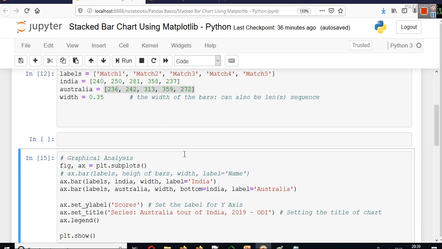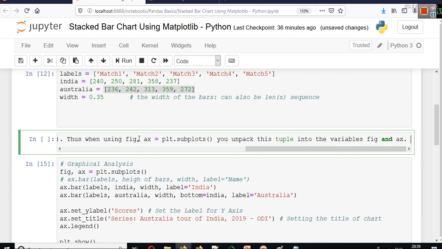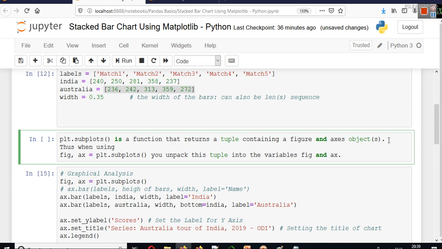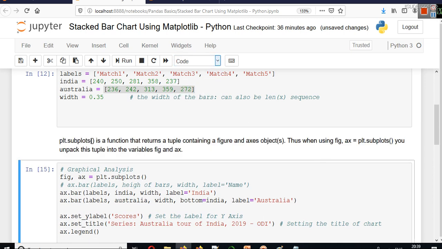Now before plotting this, there is one more important thing, this fig comma ax. I have a description for this here. First I will mark it down and then I will execute it. plt.subplots is a function in matplotlib that returns a tuple containing a figure and axis objects.